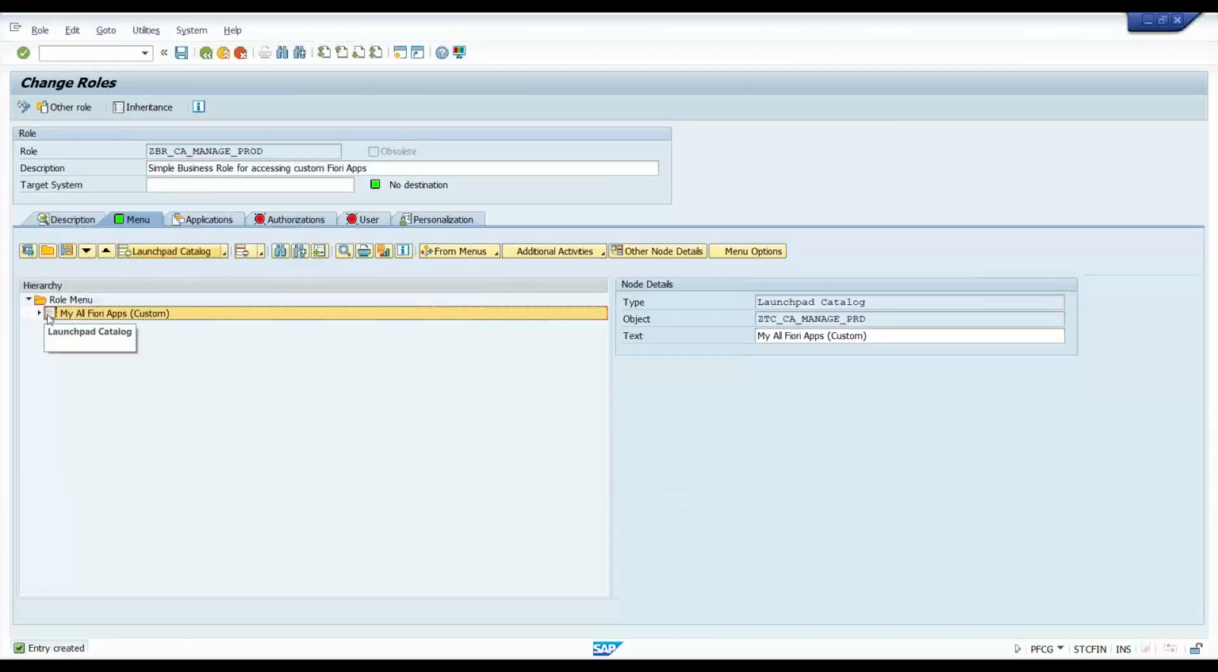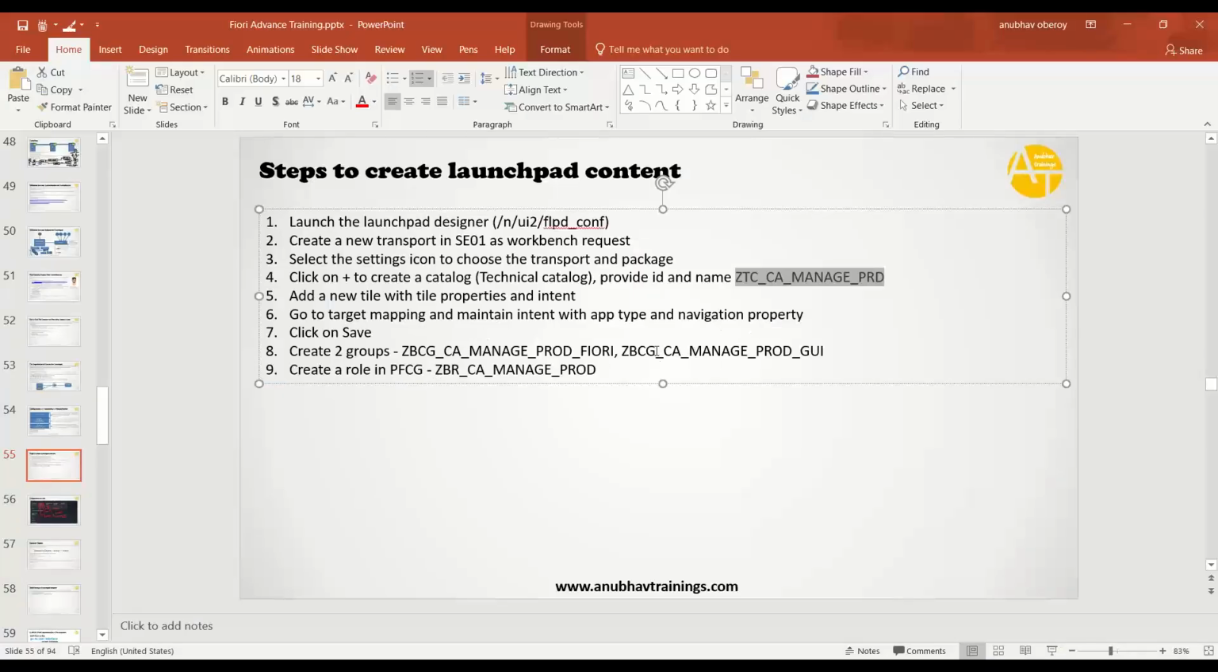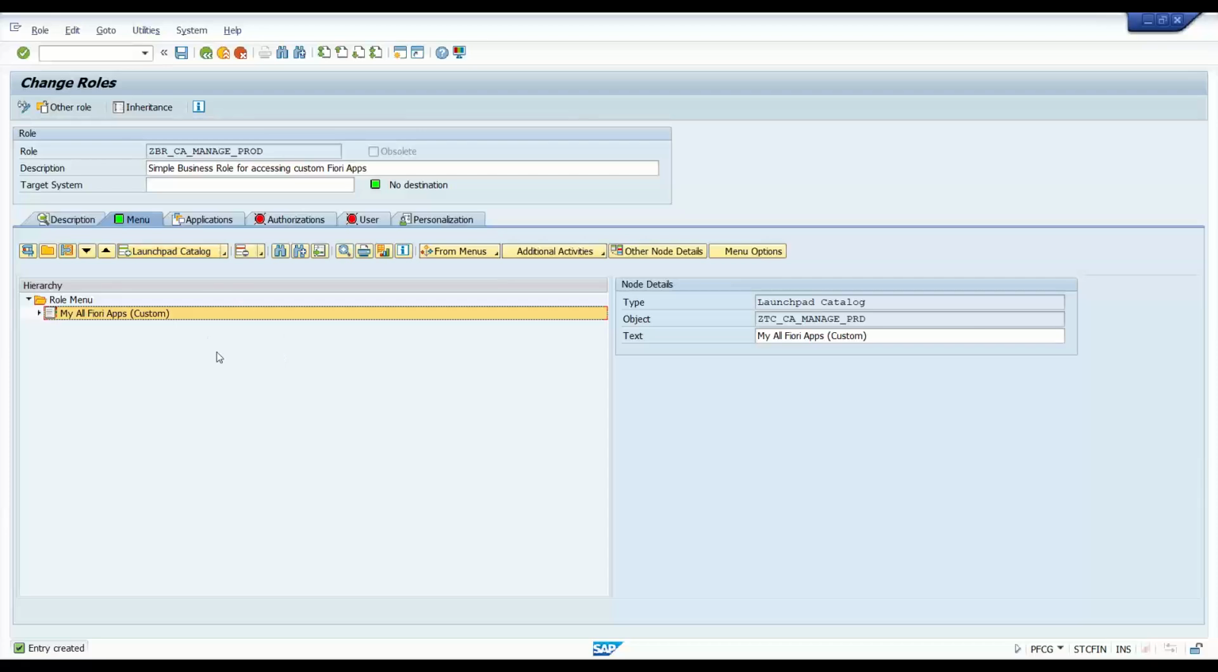Okay, it has come. Next step is we take the group name. So we have two groups, both the groups I want to add. Now one question, if I just add my catalog, not the groups, will user be able to access my application? Yes, very good answer. The moment you give access to catalog, user will be able to access, but by default,